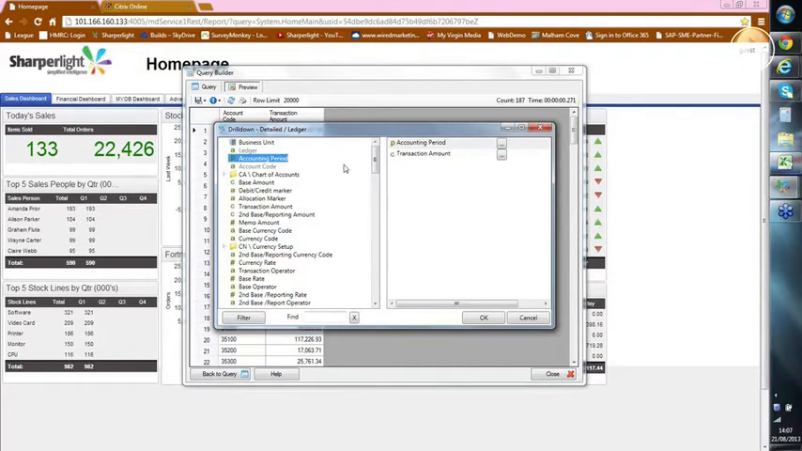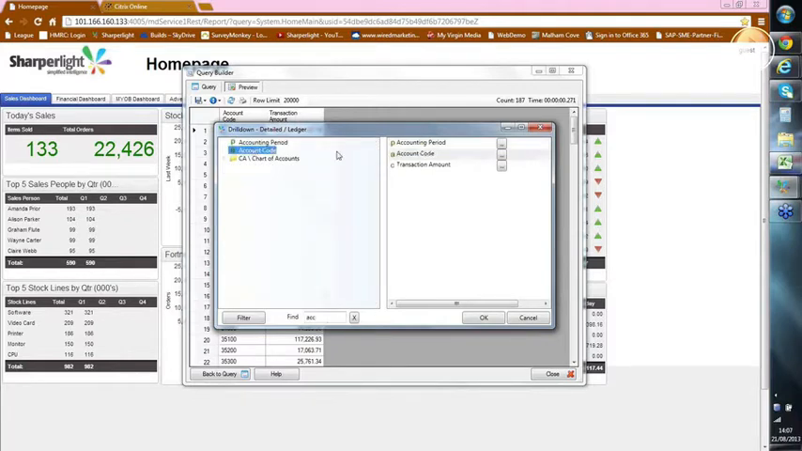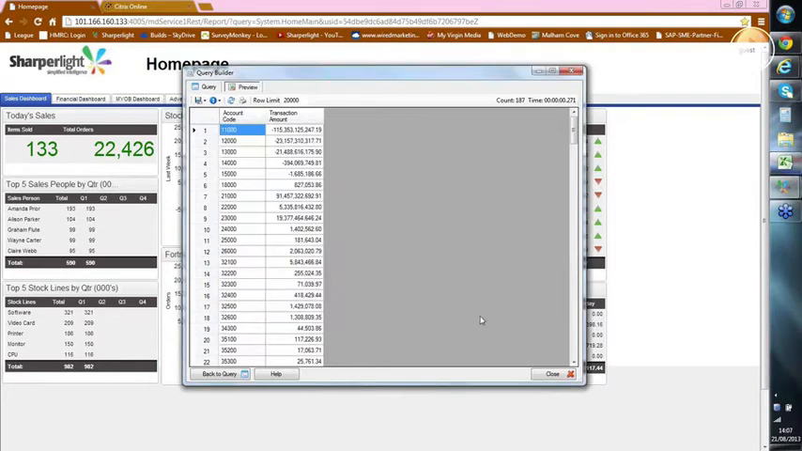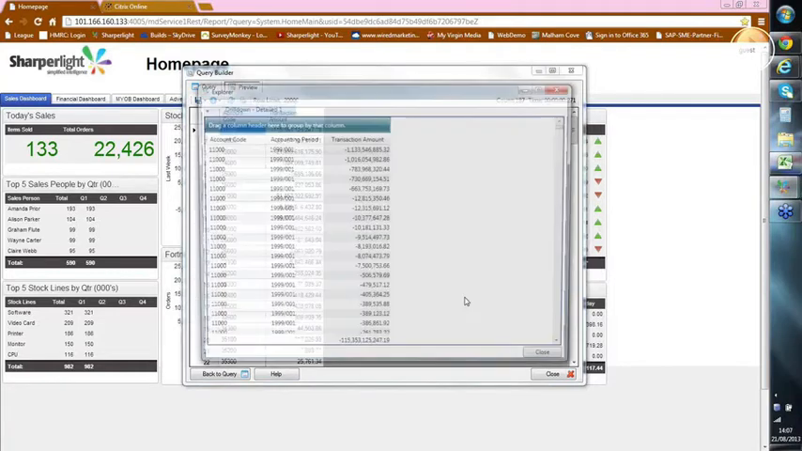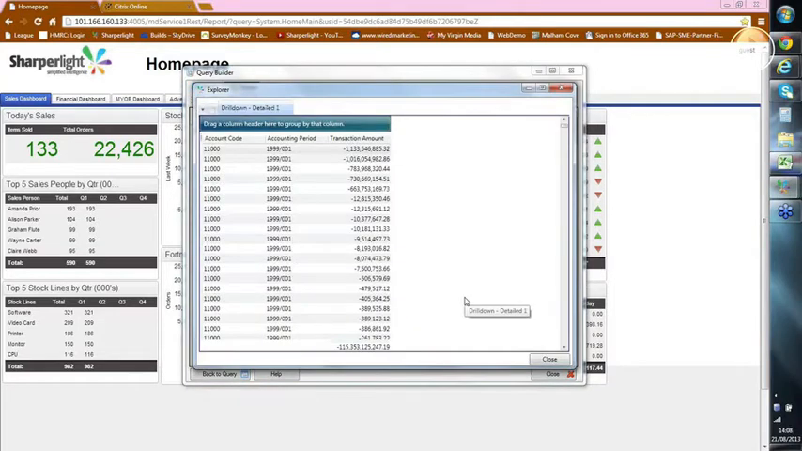So I've got the transaction amount, the accounting period. I'll take the account code. Let's just push the account code up. So I've got the account code, accounting period, and transaction amount. And if I click on OK there, that will actually put the data into our Explorer tool,